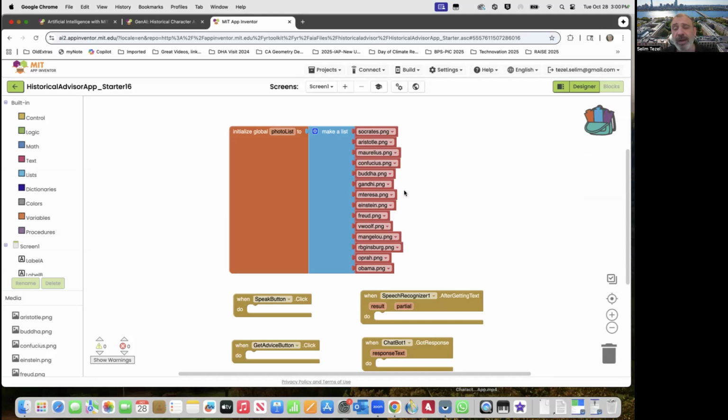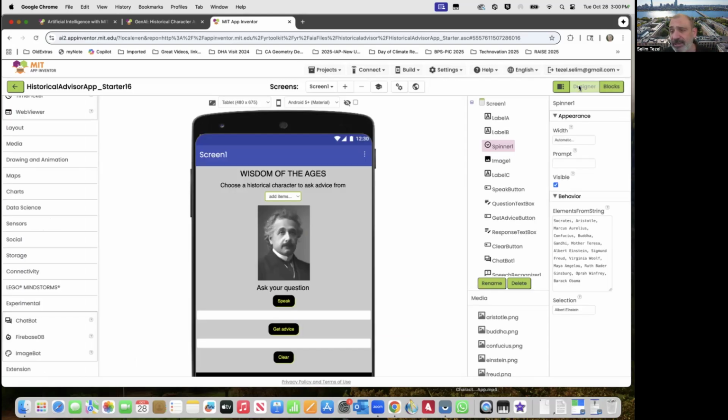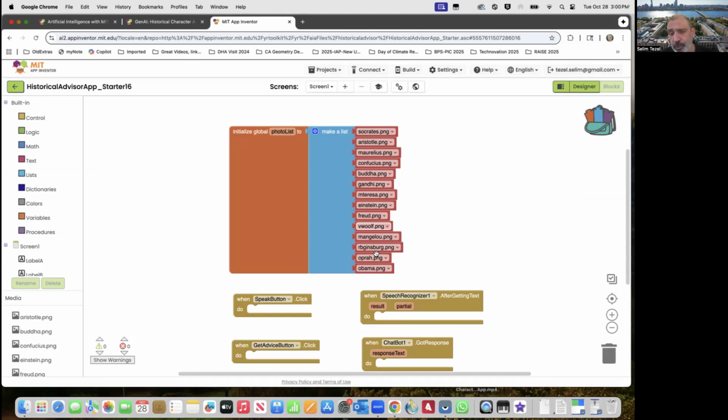If at the end of the project you want to add your own personal heroes to this mix, just make sure that you write the name of the new person in here, in the spinner elements, but make sure you also put in the same order the image of the new character.